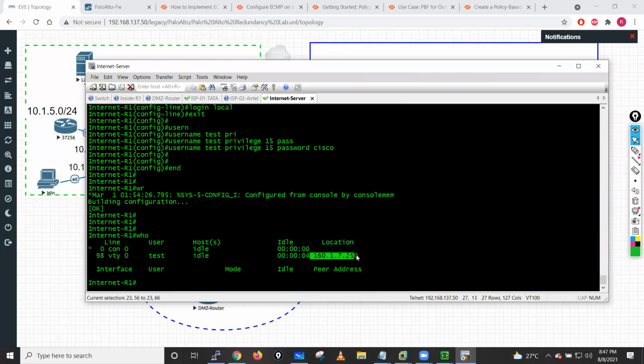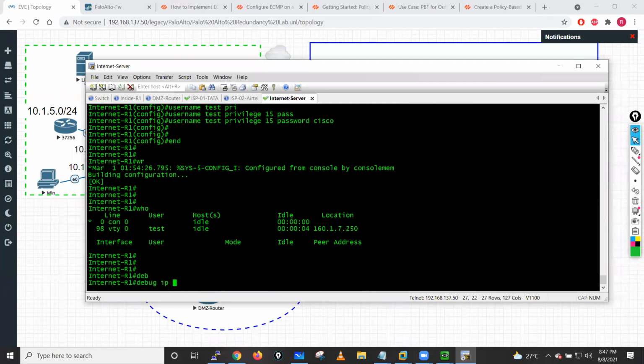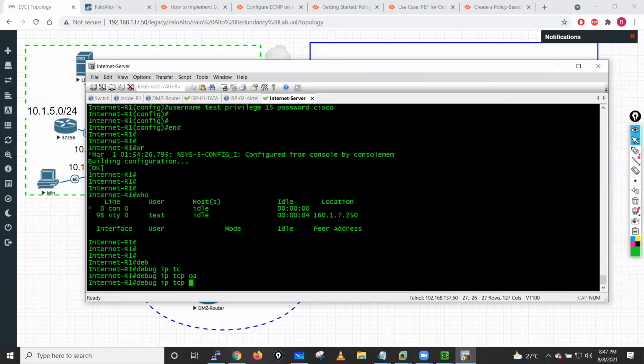See, the IP address is 161.7.250. That's the IP address of your secondary ISP, right? Which means right now your traffic is coming from the secondary ISP, meaning our policy based forwarding rule is hitting, right? If I run this debug IP TCP packets,